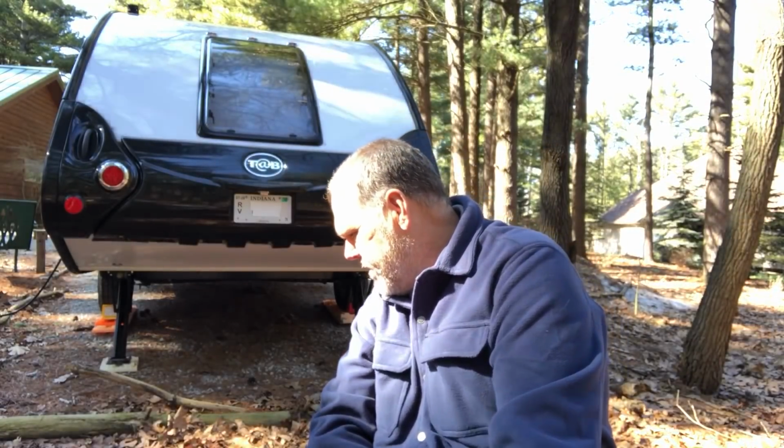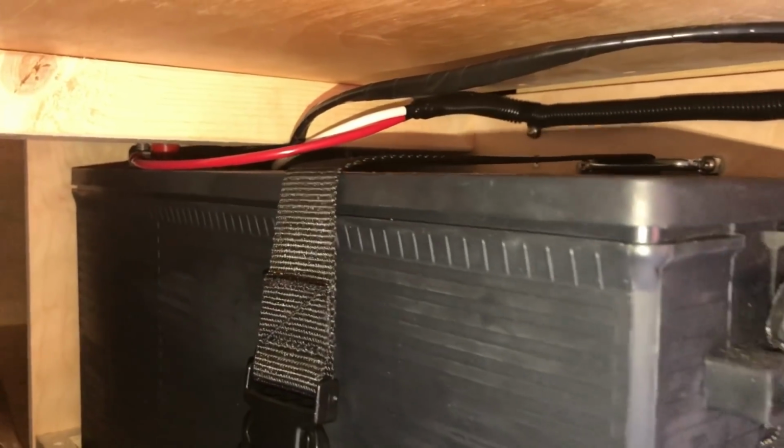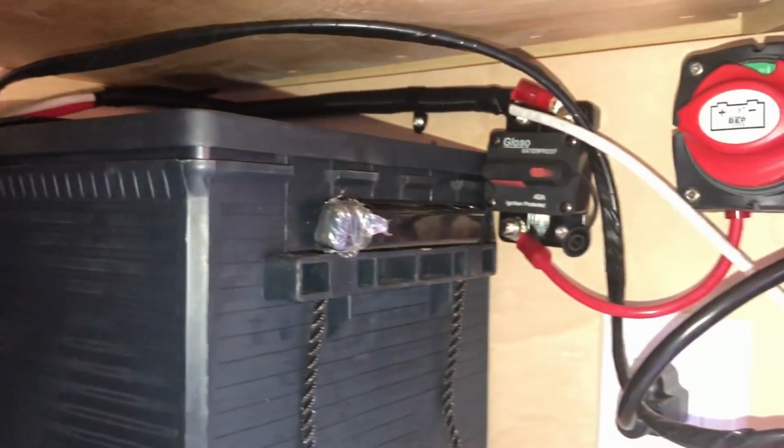Some of the other things that I would mention would be things like the two-way refrigerator. And the reason I like the two-way in this is it's not your typical two-way, which is 120 or propane, but this one is actually AC or DC, so we can use it plugged in, but it's much more efficient running off the battery. Oh, and speaking of the battery, they go ahead and equip this trailer with a 235